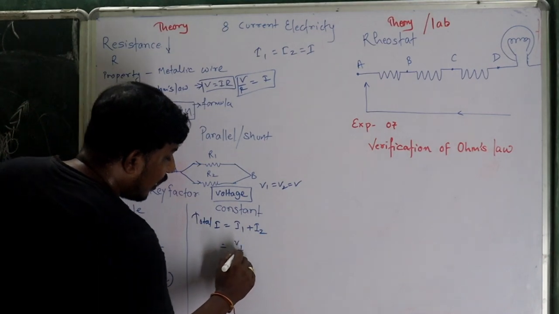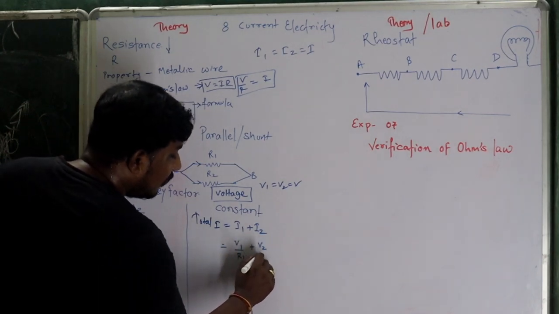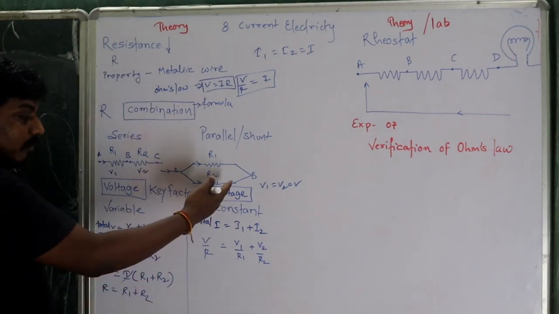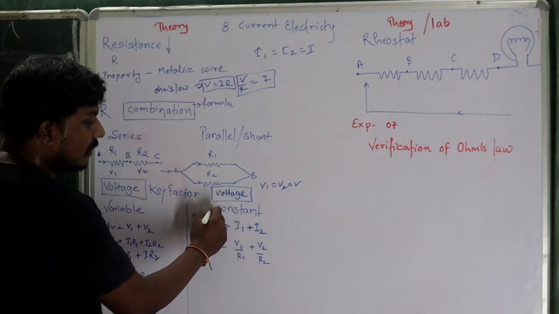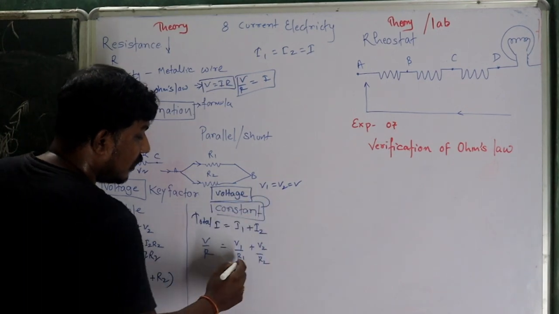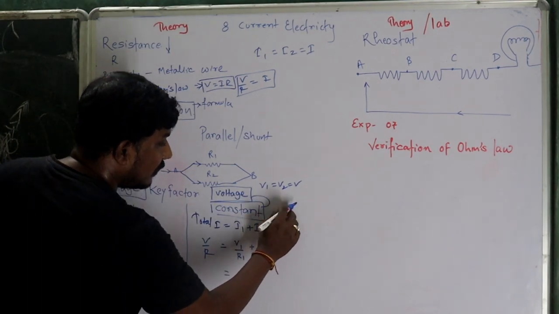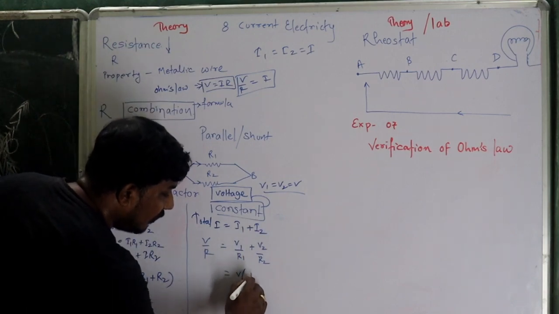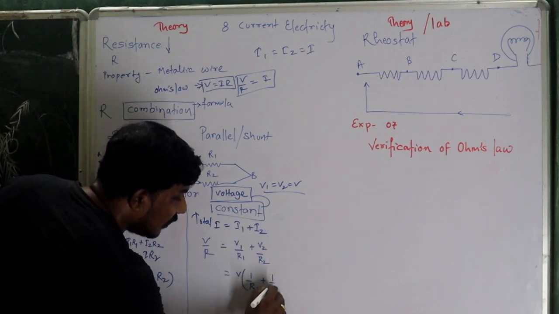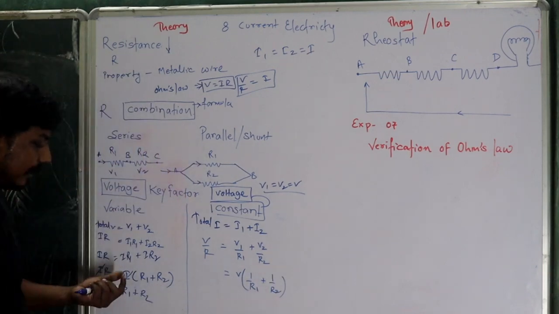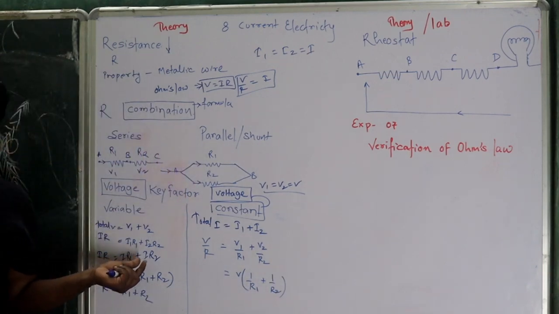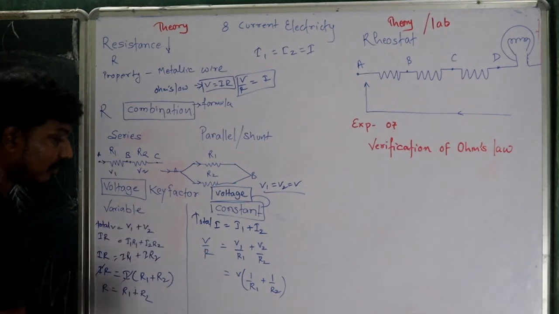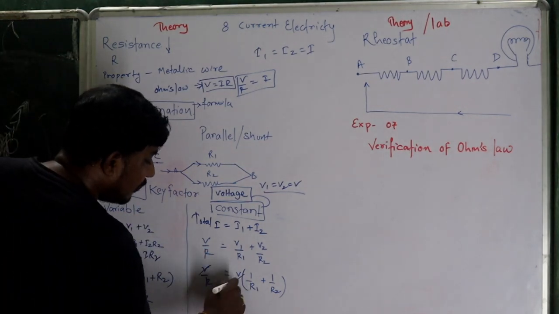So we will have V1 upon R1 plus V2 upon R2, and here we will write V upon R. Now which one is constant here? Voltage is constant. So V1 is already written here. I will write V common, 1 upon R1 plus 1 upon R2. Why? Same way, V1 will be equal to V2 and that can be replaced as V. So directly I have taken V common and taken it out. And here also we are having the same thing.